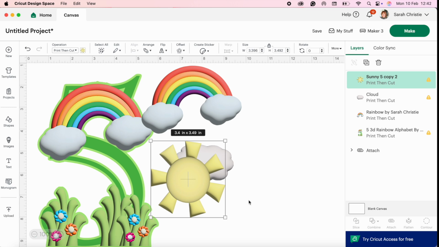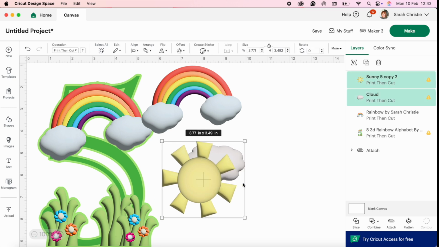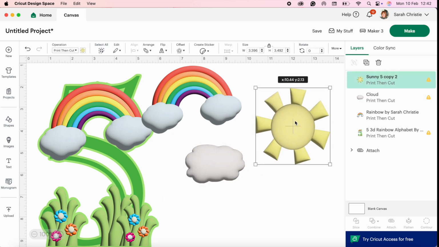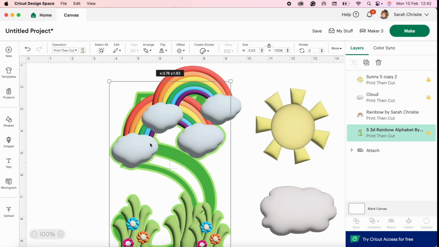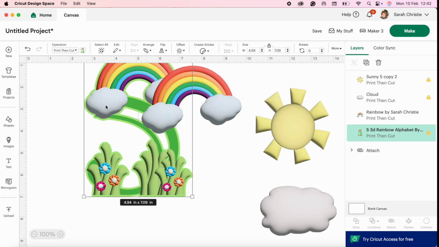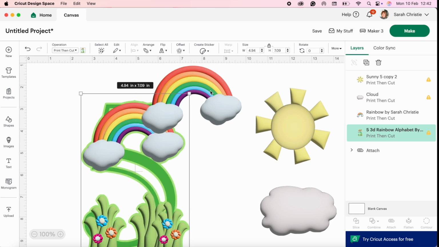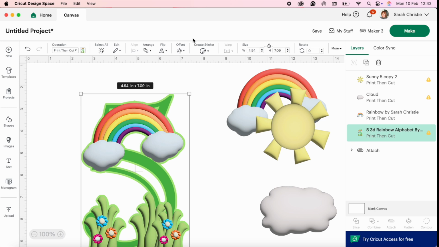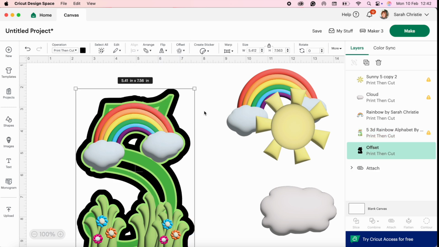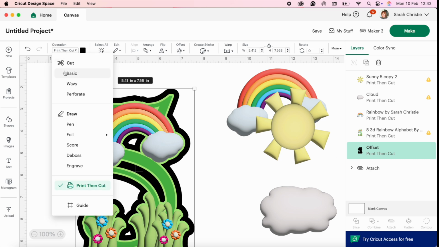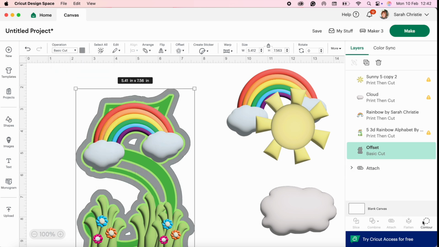So what we're going to do is we're going to create some offsets to make this into a cake topper. So I've got these elements and they're going to be great for adding some texture to the whole project. So first of all, I'm just going to reduce the size of the cake topper, and then I'm going to add my first offset. So this offset has come through as a print and cut because I'm offsetting a print and cut layer. So I'm just going to click onto it and change that to a cut image, and then